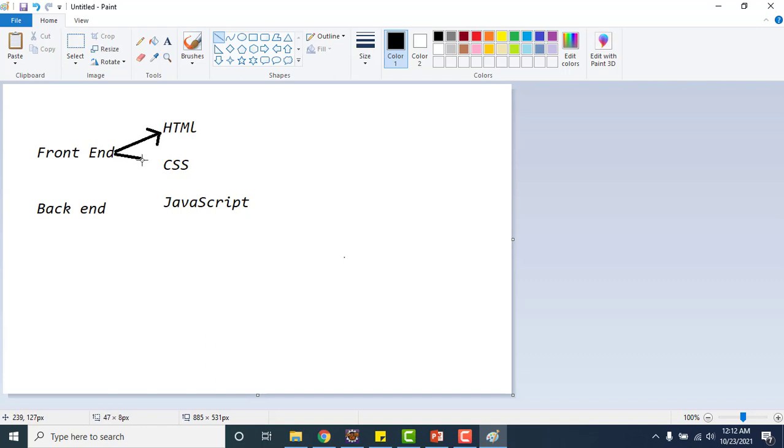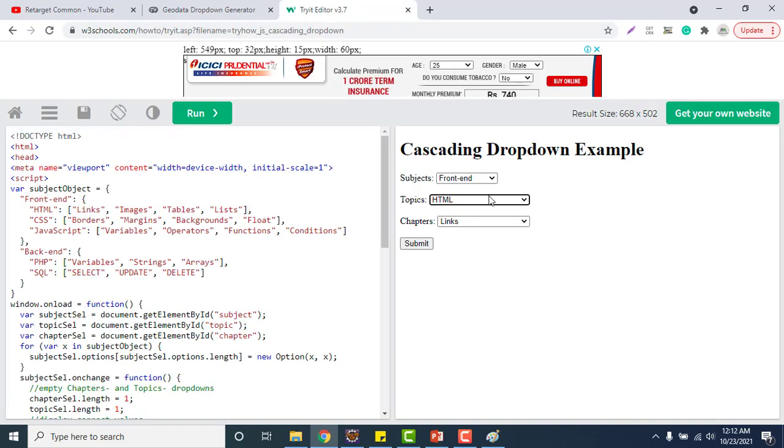If suppose front end is a key, then it may have value as HTML, CSS and JavaScript, any one value at one time. And if you select the HTML, then the chapters will be different, like links, image, tables and list.